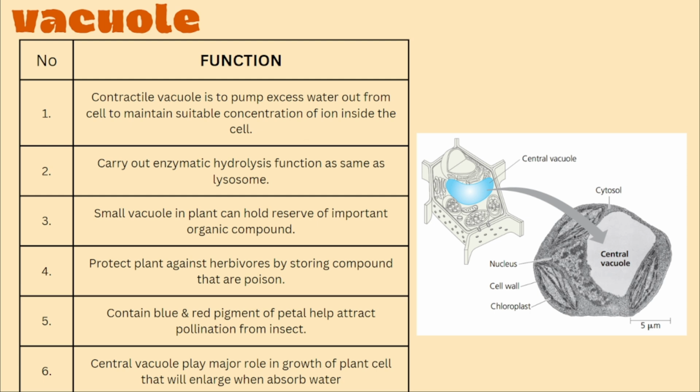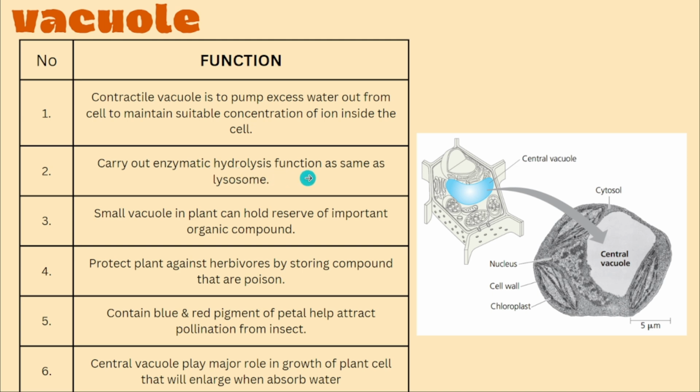Because an animal cell cannot be immersed in a hypotonic condition. The animal cell cannot survive it; only the plant cell can. The plant cell is able, but the animal cell cannot. So once the animal cell is exposed to the hypotonic condition, this contractile vacuole will take the role. Another one is that some vacuoles also carry enzymes